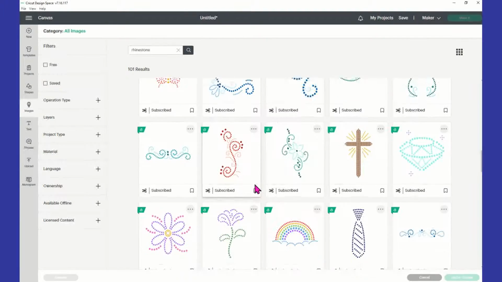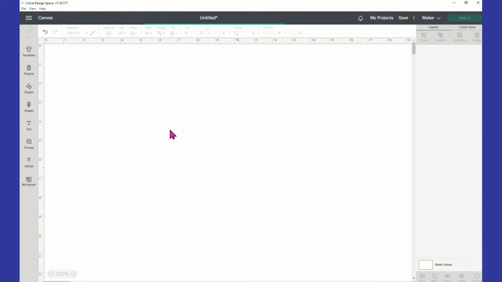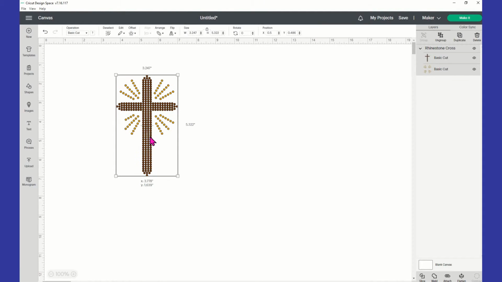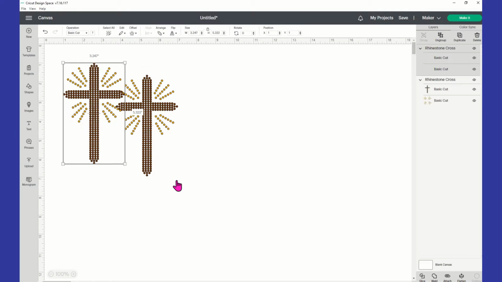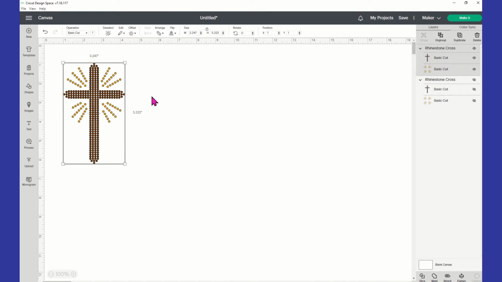Okay, so the one that I'm going to be working with today is this cross. So I'm going to go ahead and select it, and in the bottom right corner click Add to Canvas, and I'm going to duplicate it so you can see just how much larger it's going to be when we're done here. So let's duplicate it again because apparently Cricut didn't get the memo. We're going to hide that one. So right now it's at 3.247 by 5.322, and the stones are smaller than an SS10,